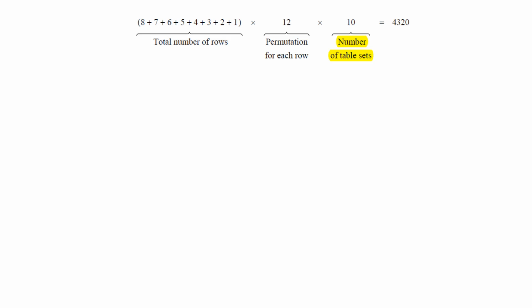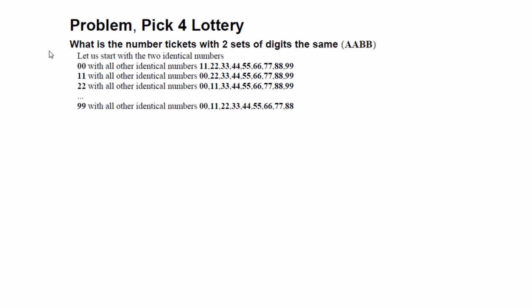And that is exactly similar to what we did before. We multiplied combination 9, 2 times 12 times 10, and we got 4320 tickets of that form AABC. Now the question is, what is the number of tickets with 2 sets of digits the same, such as